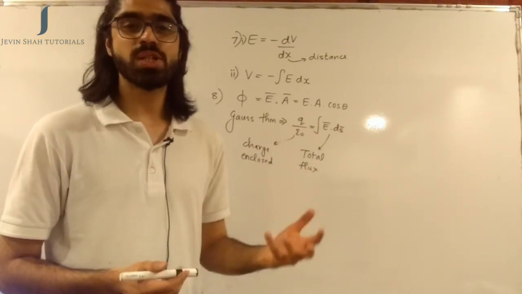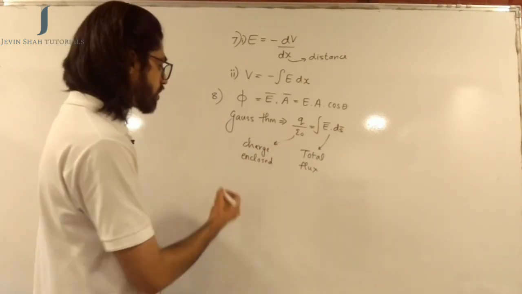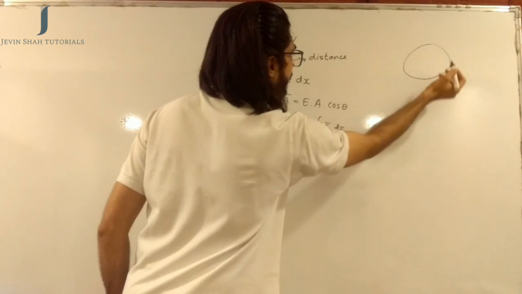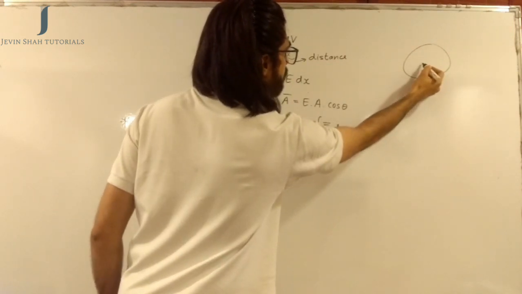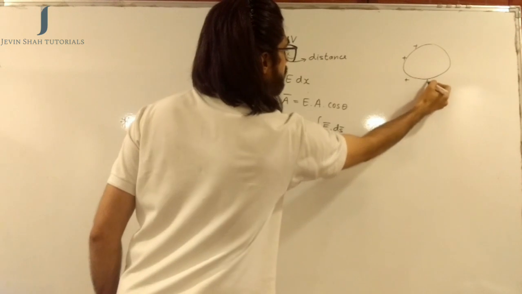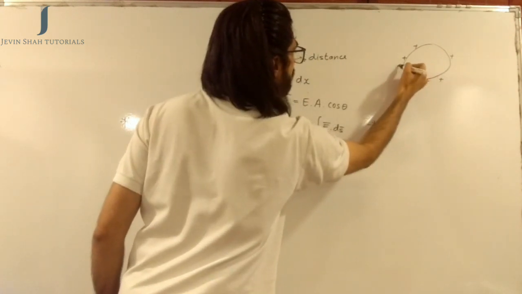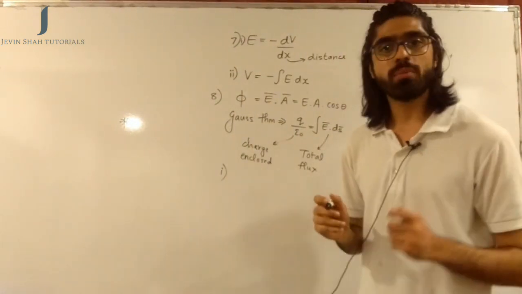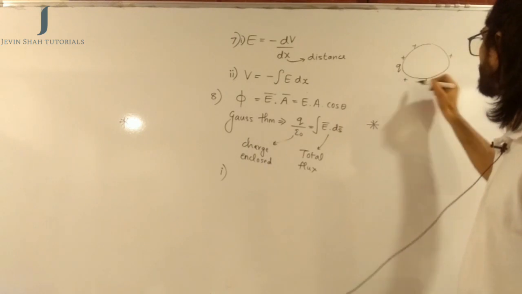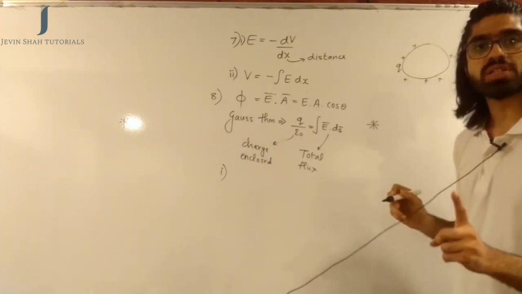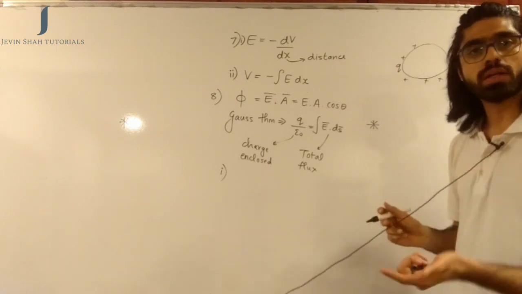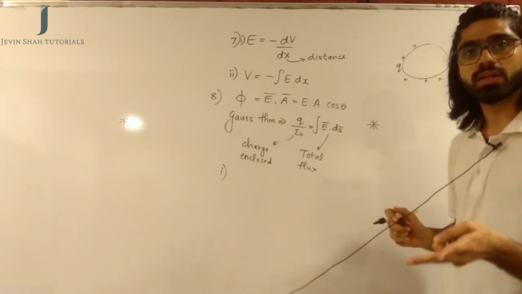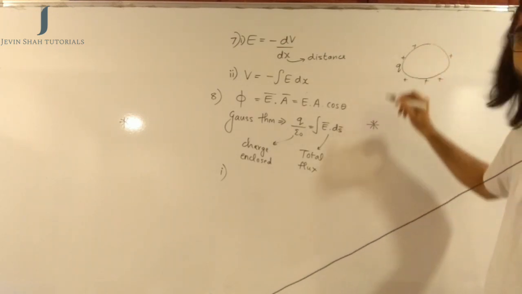Let's take the first shape as a simple shape, that is simply a sphere. So if we are taking a sphere, and let us say that the sphere has a charge of plus q. The entire charge of plus q is uniformly distributed on the surface of the sphere. Like I have mentioned earlier also, for a metal, the charges will be present only on the surface. In the interior of a metal, there can never be charges. If the material is a non-conducting material, then the charge can be present inside the entire material. But for a metal or for any conducting surface, the charges can be present only at the surface.